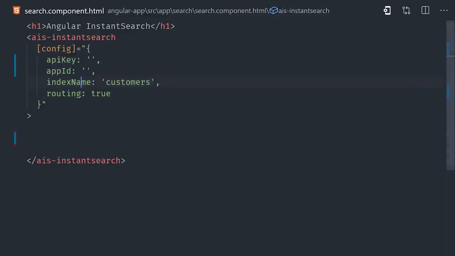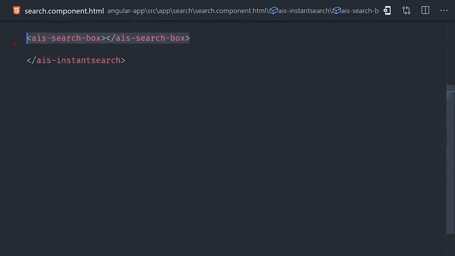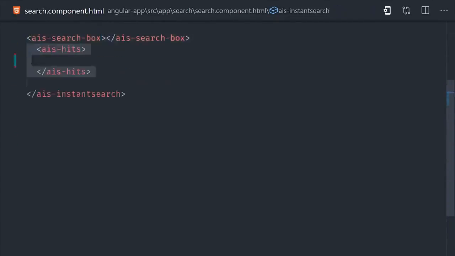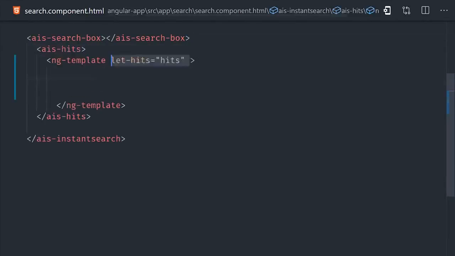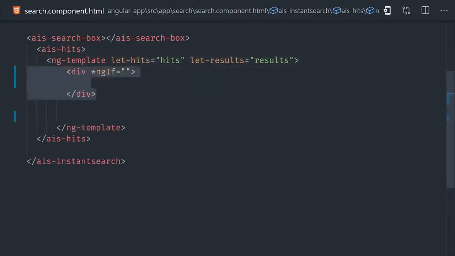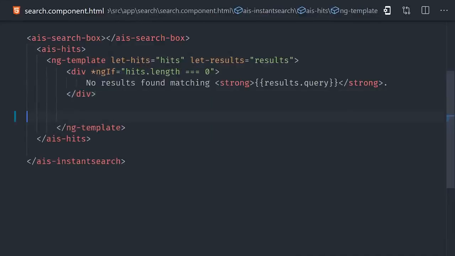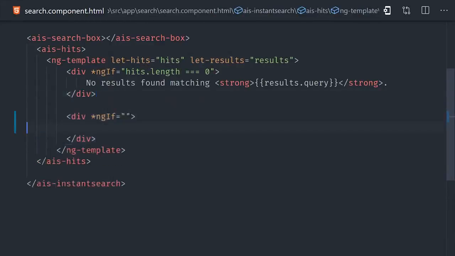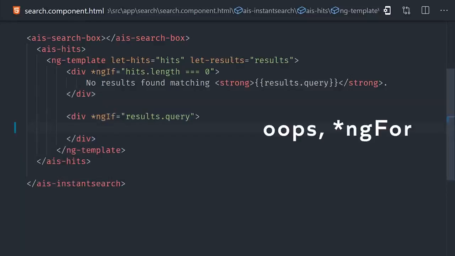From there, you'll want to display a form input, which you can do with AIS search box. Then you can use the AIS hits component to give you the context for the hits and the actual search result object itself. Then you can use Angular directives to customize the behavior of the template. For example, we'll say no match is found when the hits length equals 0. And then we'll go ahead and use ngIf to loop over the array of hits and display a template for